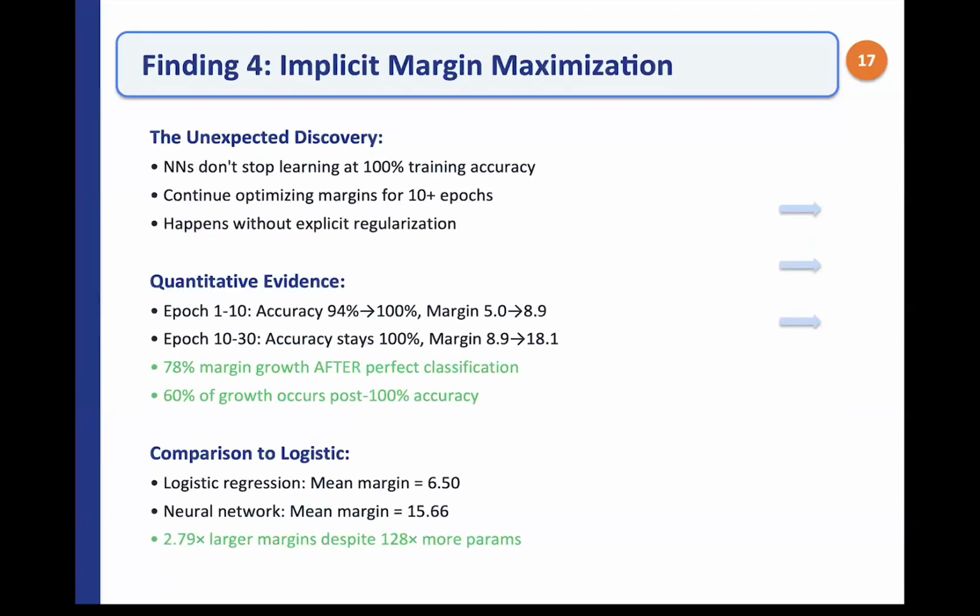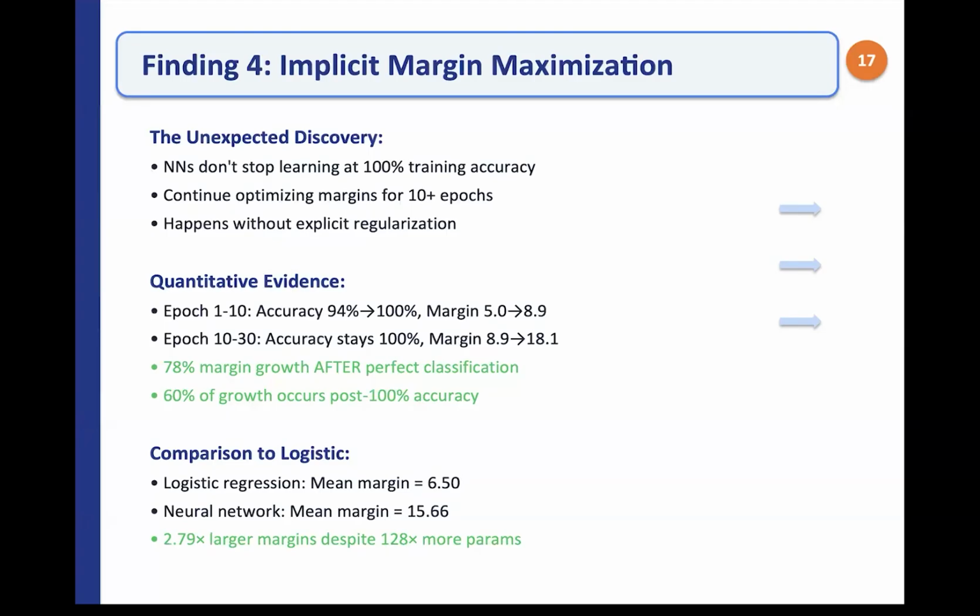Finding 4 explains why the neural net still generalizes: implicit margin maximization. Training doesn't stop when accuracy hits 100%. From epoch 1 to 10, accuracy rises from 94% to 100%, and the margin goes from 5 to 8.9. From epoch 10 to 30, the accuracy stays at 100%, but the mean margin grows from 8.9 to 18.1,